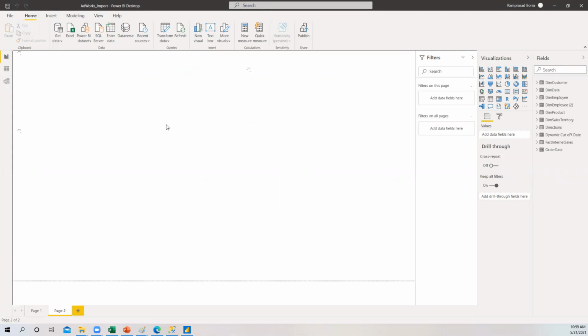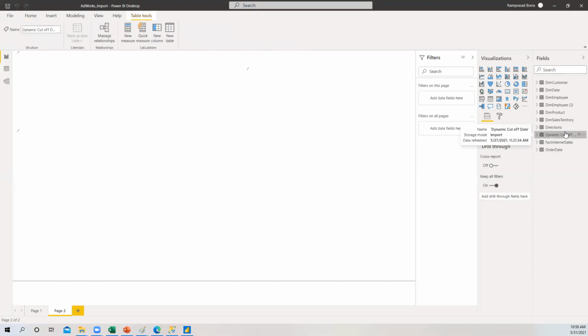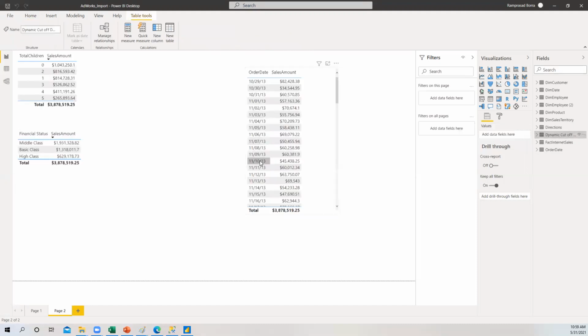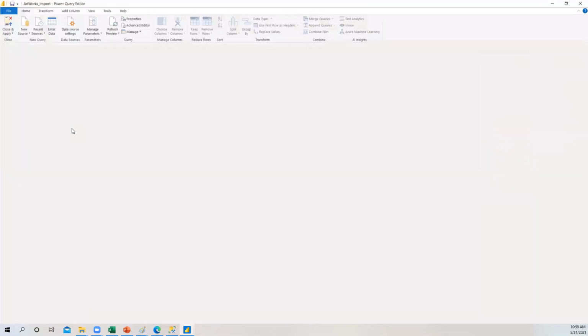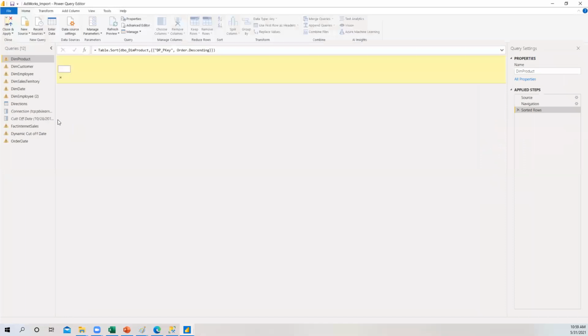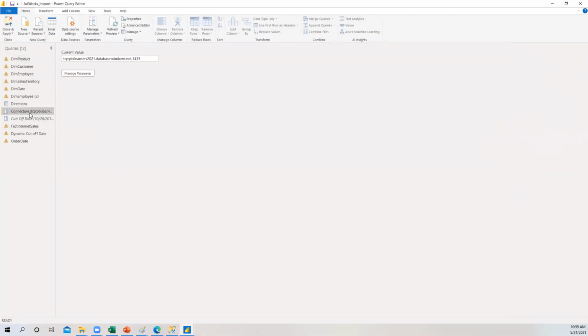See, this is our file with the dynamic cutoff date, our original file that we were discussing. Go to Power Query. See, guys, this is our situation on Friday: we are not able to connect, it was asking for the Azure credentials. In the connection, it has the Azure connection.